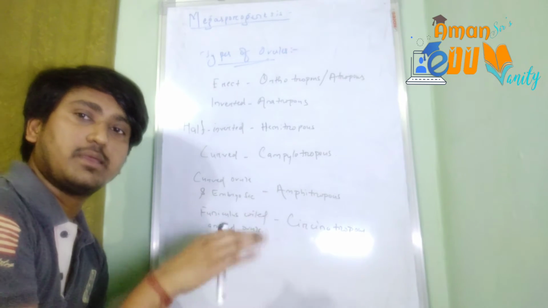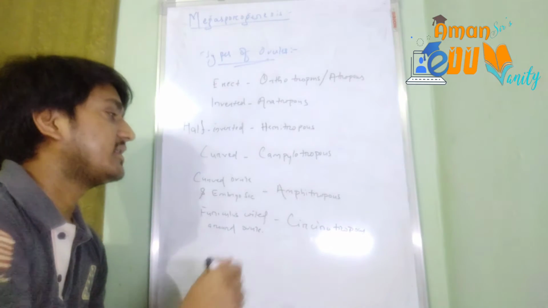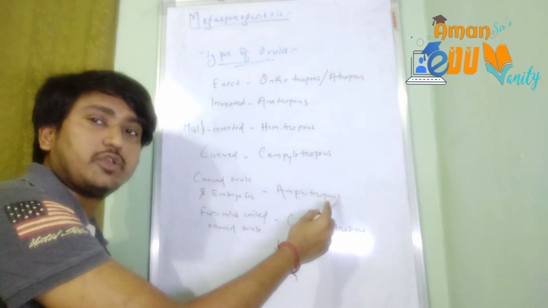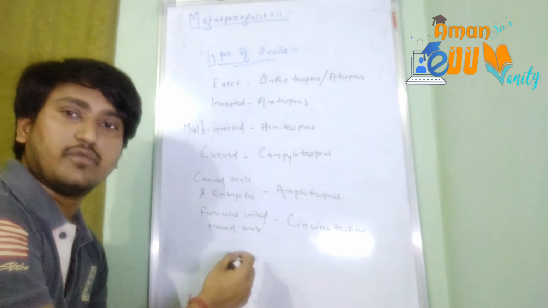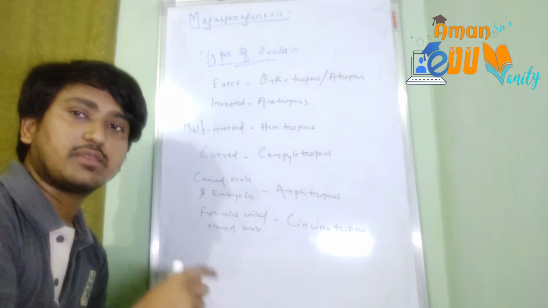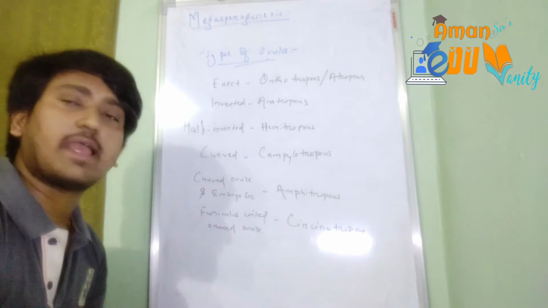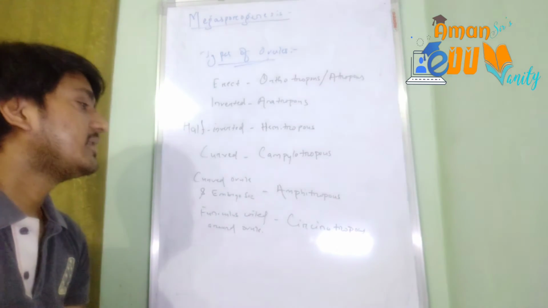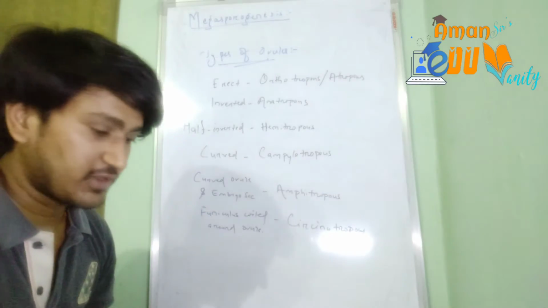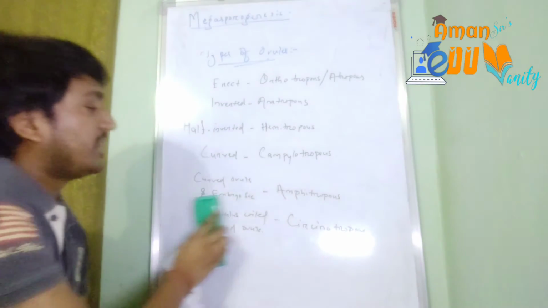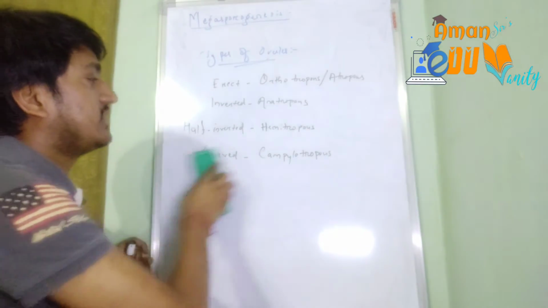In it the embryo sac also becomes slanted and remains curved. That's called the amphitropous ovule. And the last one is the funiculus coiled around the ovule. The funicle or the funiculus will be coiled around the ovule, and that kind of ovule is called a circinotropous ovule. Okay, so these are the different types of ovules based on their position and arrangement.